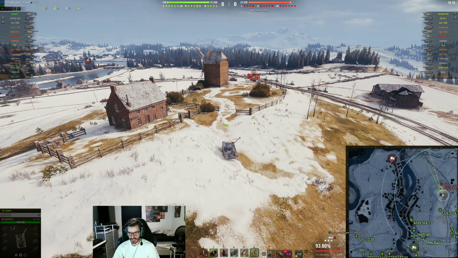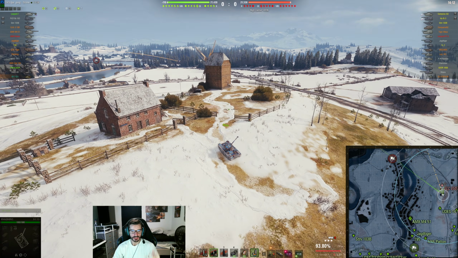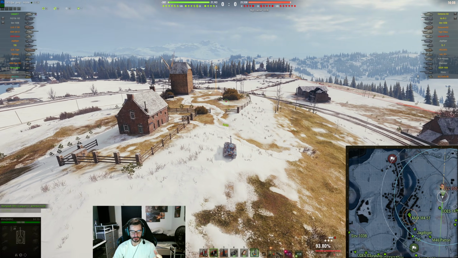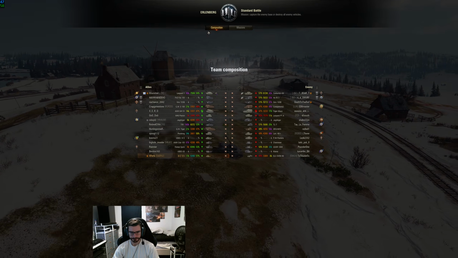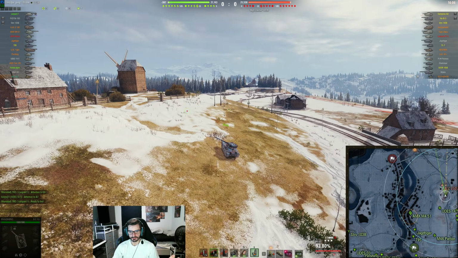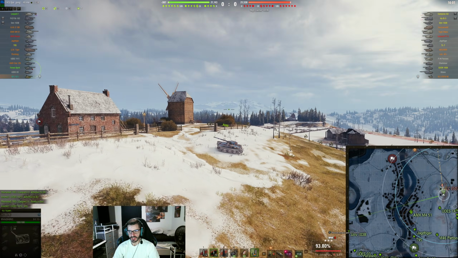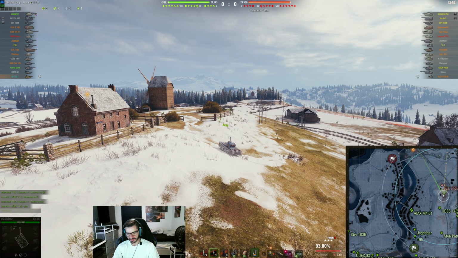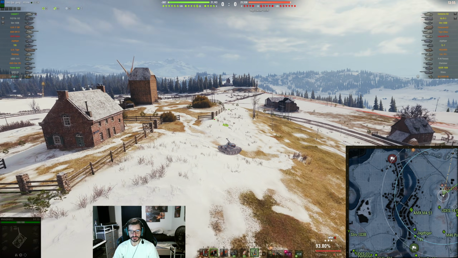Even finally goes down, and I'm able to spot everyone in the back here. This map is one of those maps where you just have to stay alive and be very, very, very patient. Erlenberg. Erlenberg is an awful map for light tanks. I don't care what anyone else says. If you think this is a good map for lights, man, like something's wrong with you, trust me,